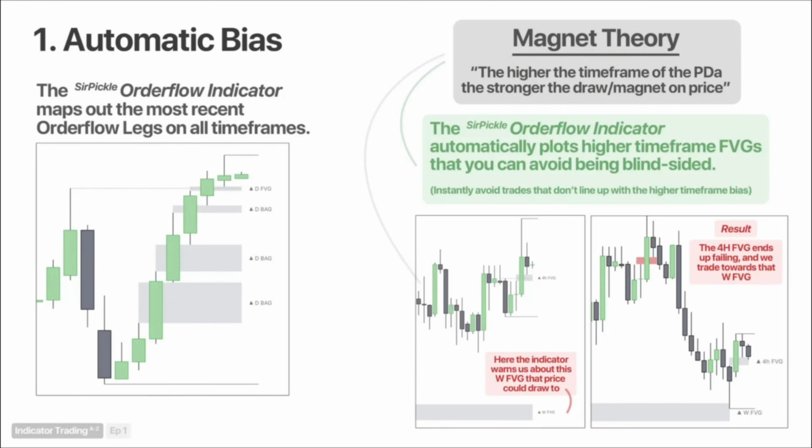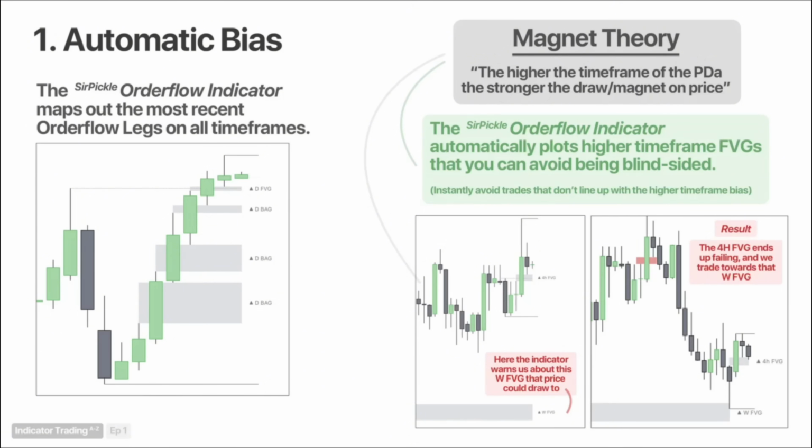The order flow indicator automatically plots higher time frame fair value gaps so that you can avoid being blindsided. I remember back when I didn't have this, there would be times where I would simply get laser focused on one time frame and forget to check the higher time frame above me. One of the most important rules when it comes to trading and actively looking at charts is to always keep